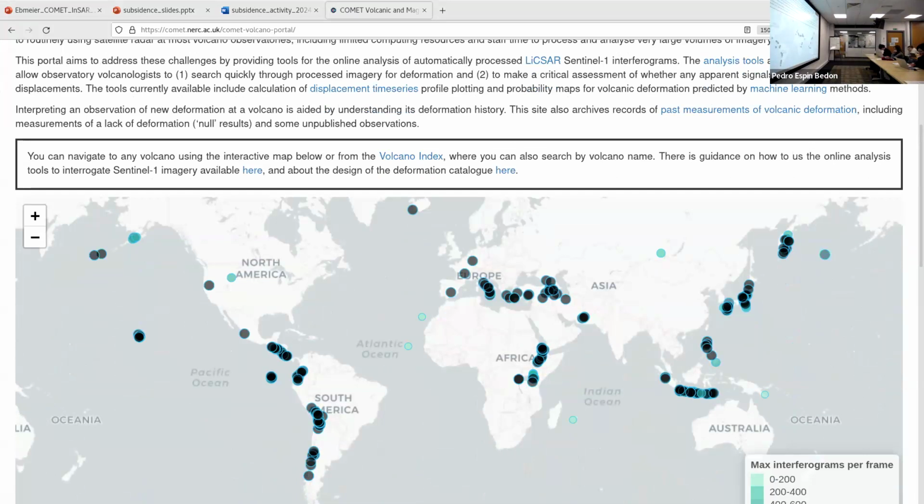Okay. So someone just asked which volcano is used in this practical. The answer is you can choose one of your own. There's Erta Ale in Ethiopia, which is the one that's actually used to illustrate the different functionalities of the portal, that you should feel free to just explore yourself. And yeah, the tools are the same everywhere.